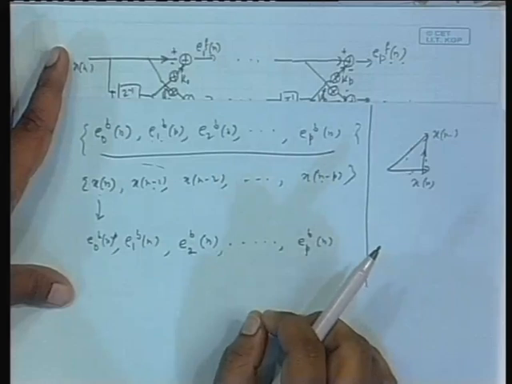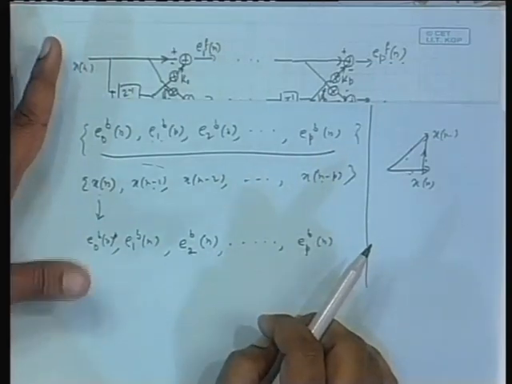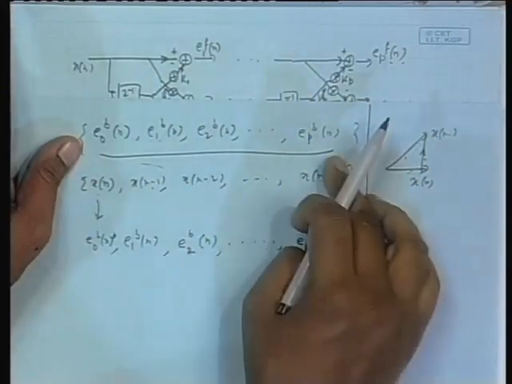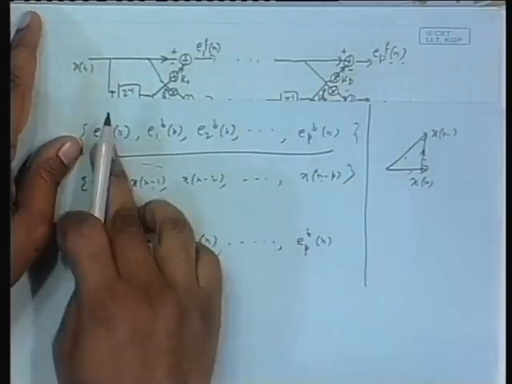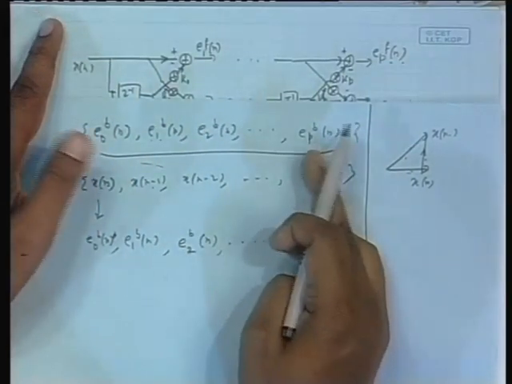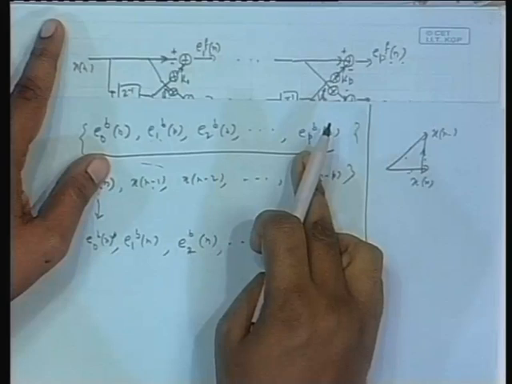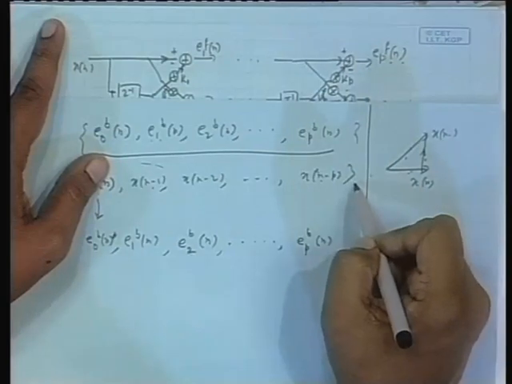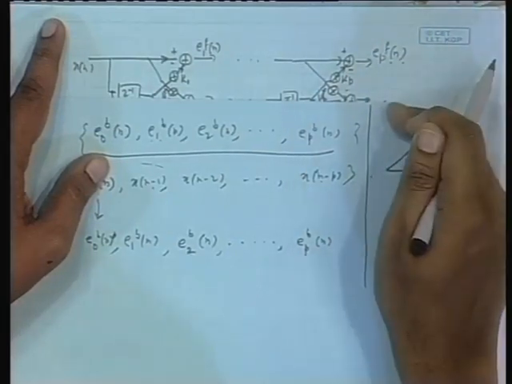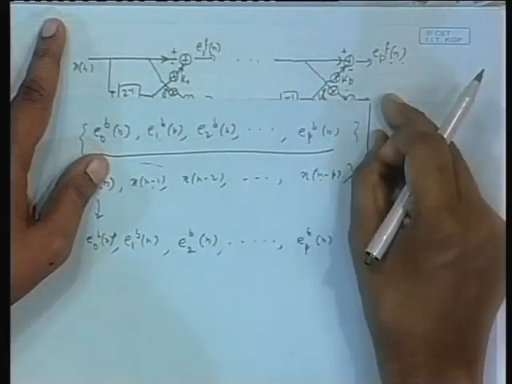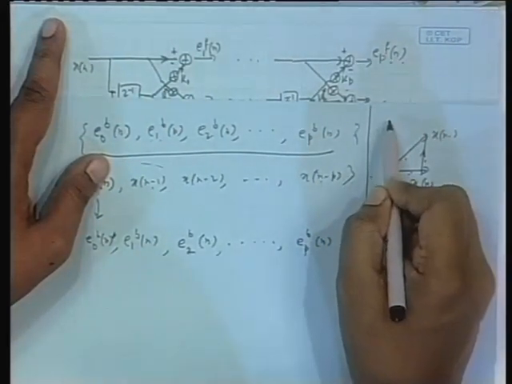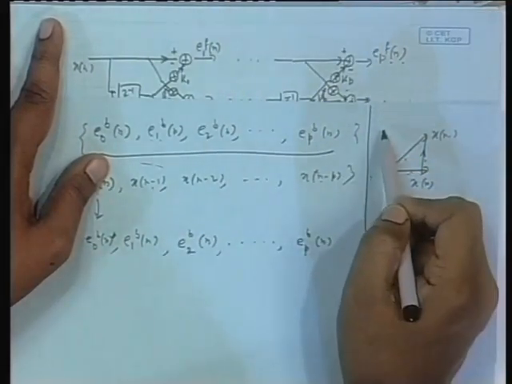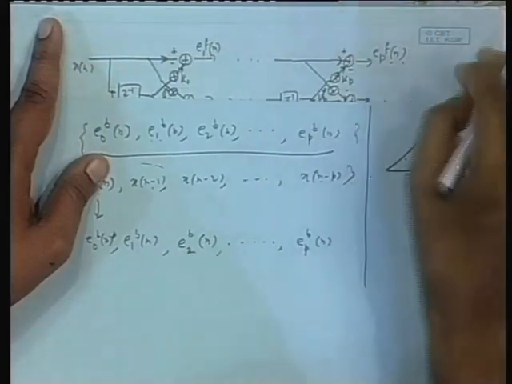But if I now want to take the projection of any external guy, the desired response d of n, on the space spanned by these fellows, that is the same as projection on the space spanned by these. These are orthogonal. Computing that projection is very simple. Project on this, project on this, project on this, project on this. Individual ones we add. If you now want to add one more guy, xn minus p minus one more, what you have to do? You simply have to take that, project it on the space spanned by this fellow, and take the error. That will be E p plus 1 Bn. Just add one more stage of the lattice, that will generate E p plus 1 Bn. Project dn on that also, add with the previous projection.